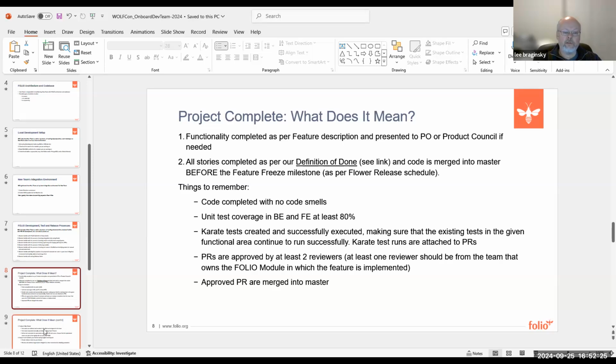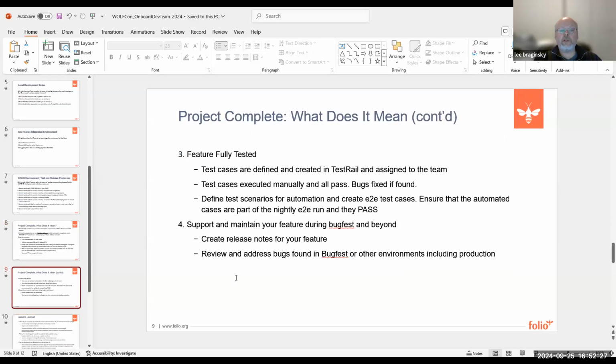But that's not the end of the game, right? Fully tested. So now we're talking testing, right? Test cases are defined and created in test trail and assigned to the team. Executed manually and all pass, bug fixed if found, right? Define test scenarios for automation and create E2E test cases. In our definition of done, presently, I'm gonna